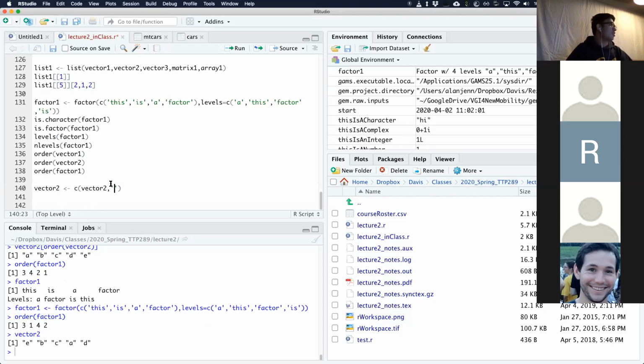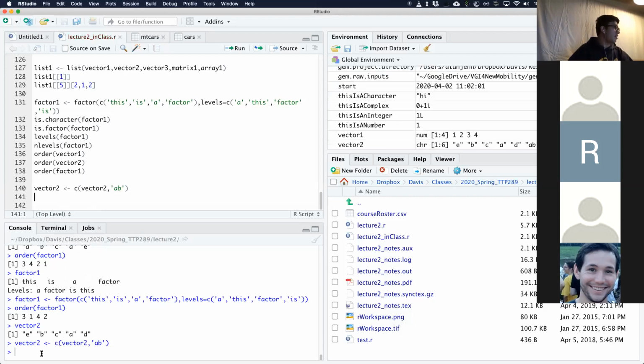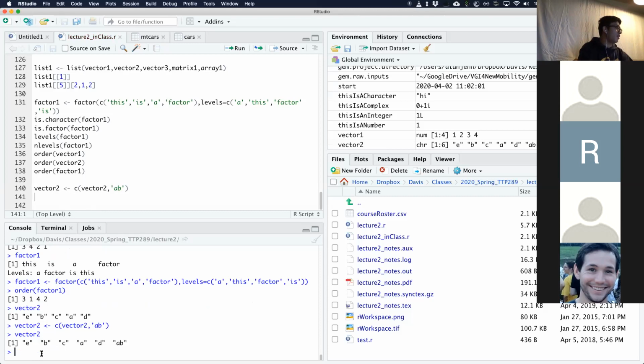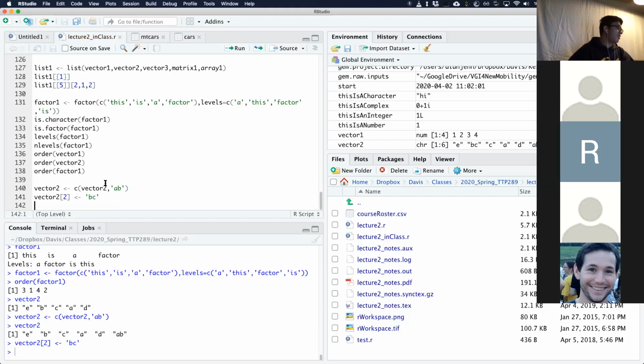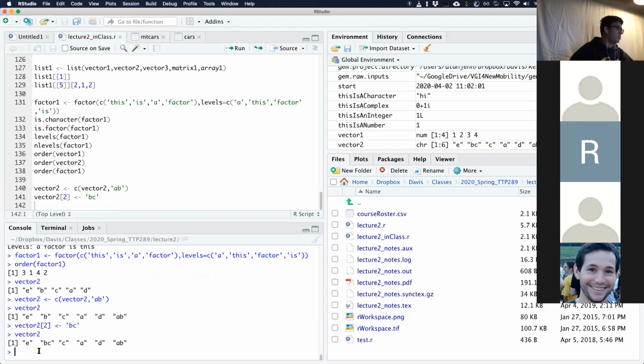So I'm combining vector 2 and an additional element, and I'm going to say AB. Okay. I can do that. And vector 2 will now be one element longer, and it's got AB at the end. I can also do replacements. So if I want to replace the second element, or B, with, say, BC,